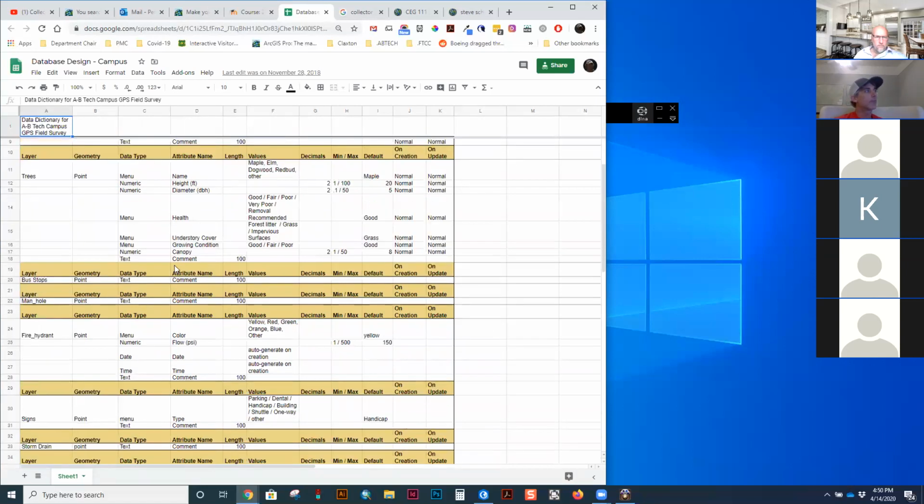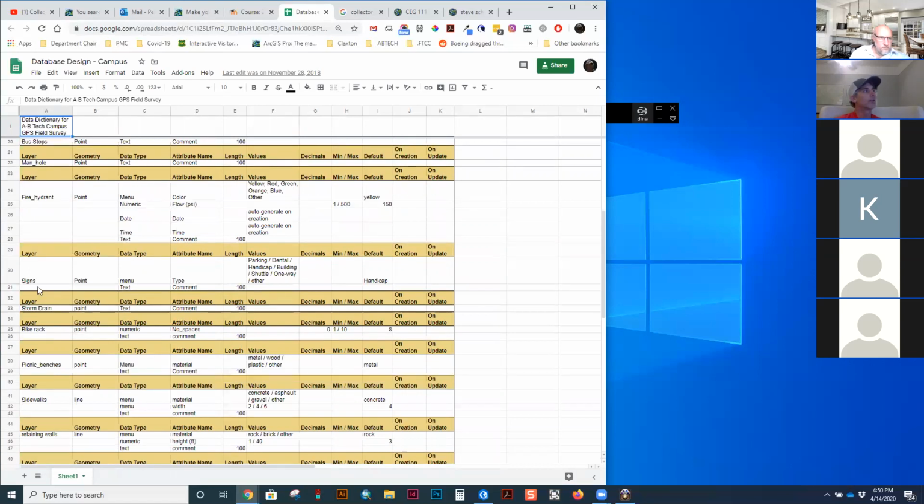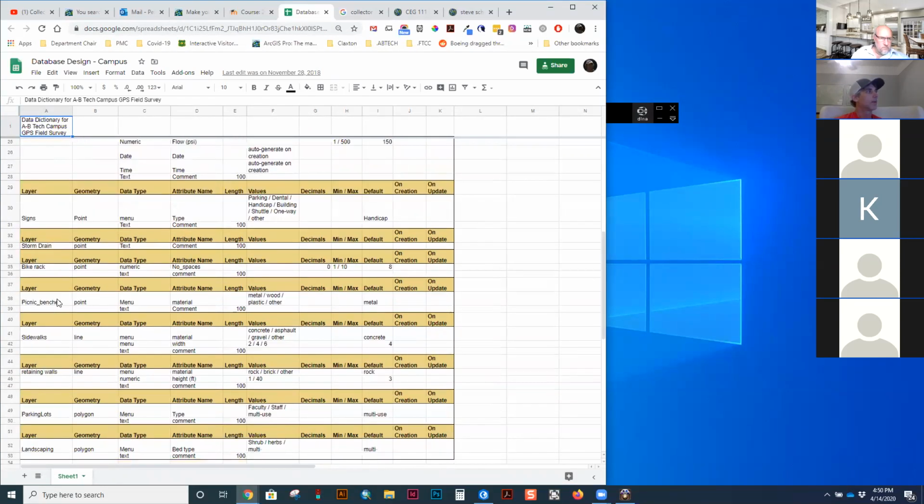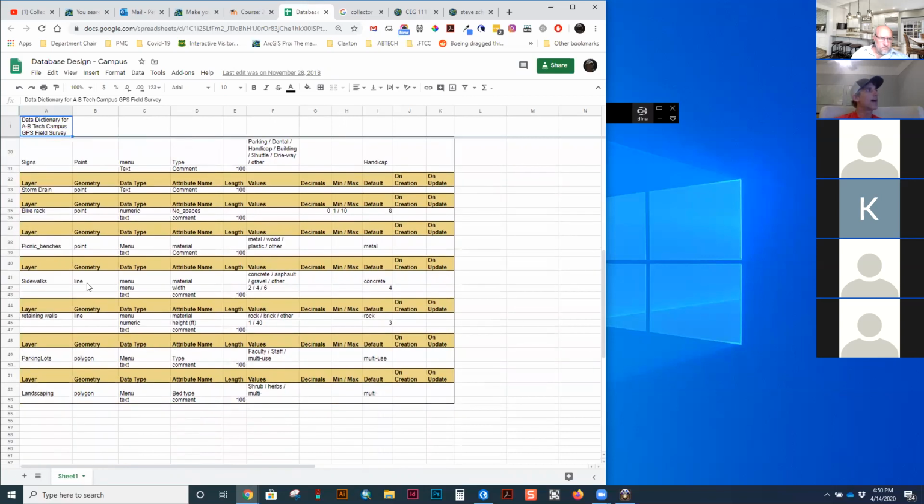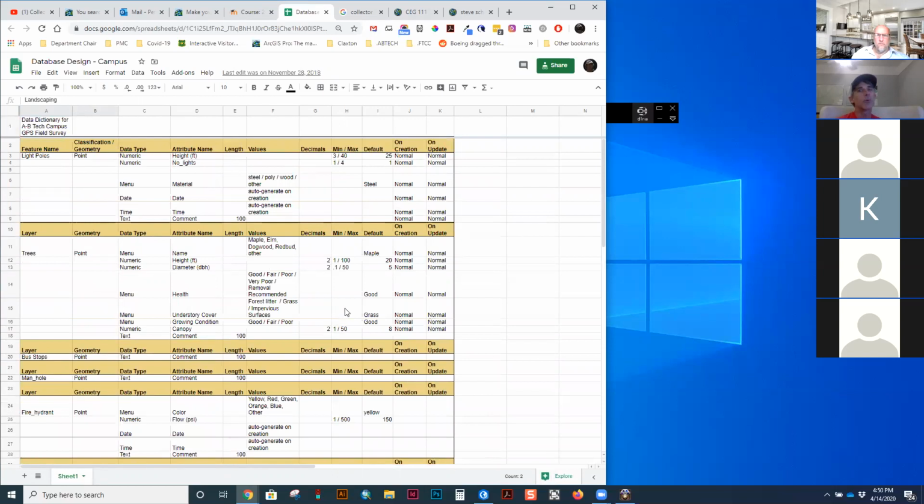Okay, so these are a bunch of different layers of things we wanted to collect on AB Tech's campus: bus stops, manholes, signs. And these are all points. How about lines: sidewalks, retaining walls; polygons: parking lots, landscaping features, and what kind of attribute goes with all these things? So you really have to think through what you're going to collect and design the layer before you go out. It takes some time up front